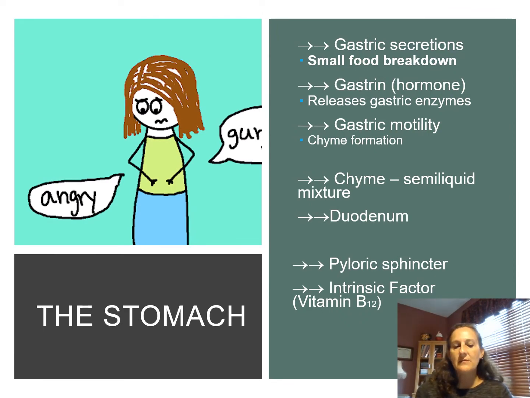Next, in the stomach, it's important to pay attention to the gastric secretions. So the stomach partially digests the food by combining it with these gastric secretions, which breaks the food down into smaller particles. We also have a hormone, which is called gastrin. It releases those gastric enzymes, which change